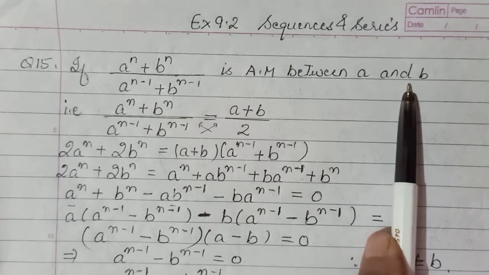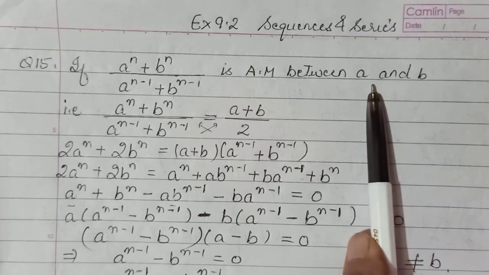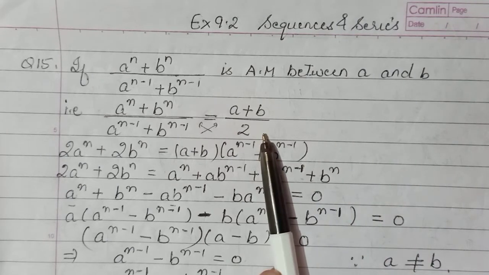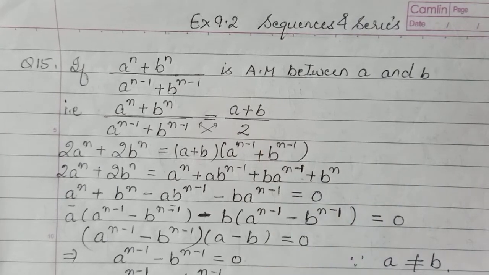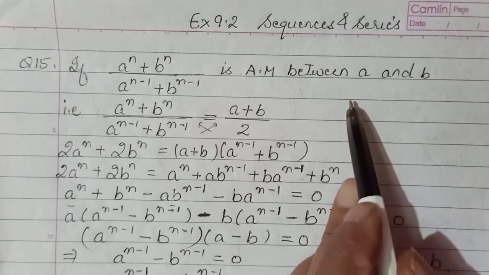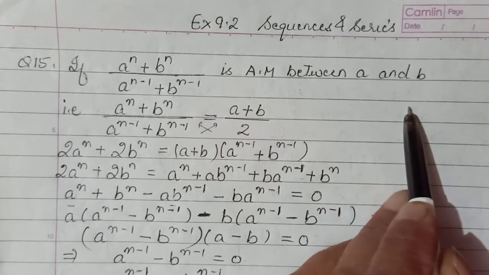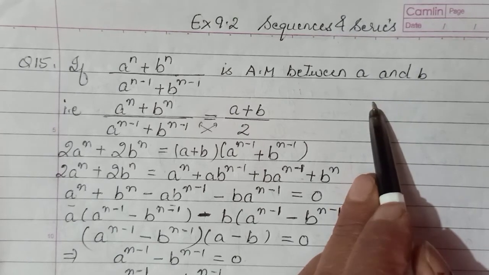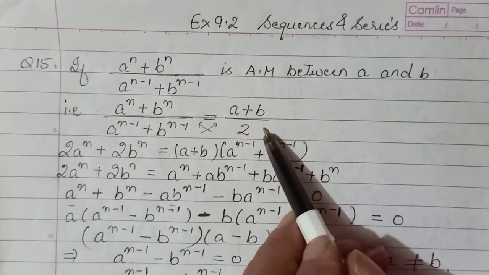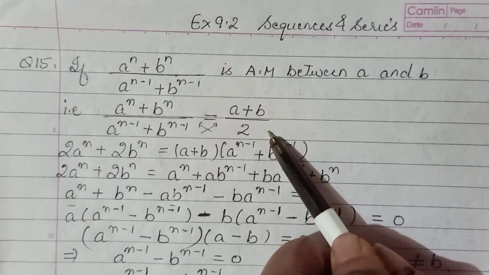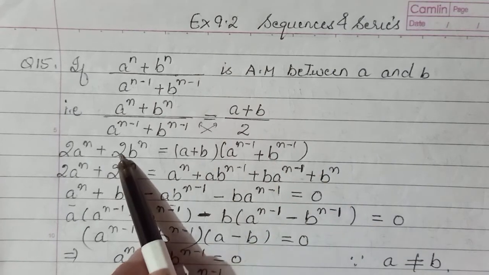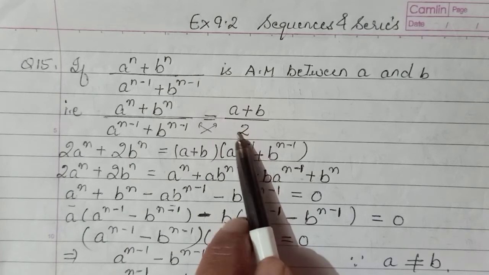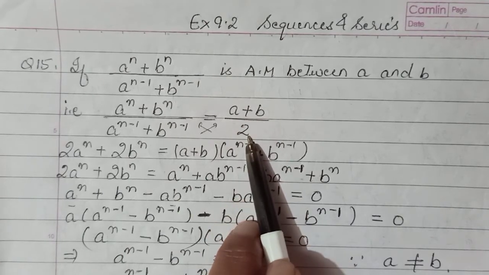Okay, so we know a single arithmetic mean between two numbers is the sum of the numbers by 2. That is the simple average that we talk about. When we say arithmetic mean, then a, the number in between, and b are in AP. So 2 times the in-between term will be the sum of the first and the last, which ends up giving you the arithmetic mean as (a plus b) by 2. So whatever expression was given was said to be the arithmetic mean, and we know the arithmetic mean between a and b will be (a plus b) by 2.